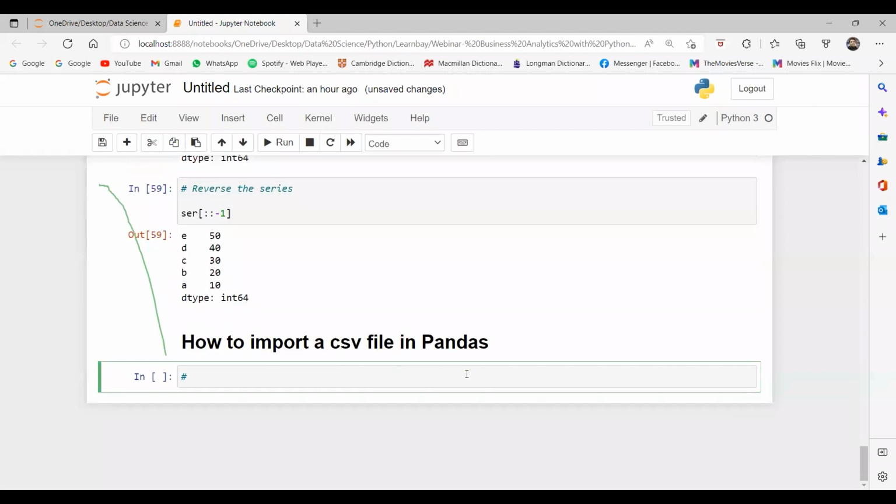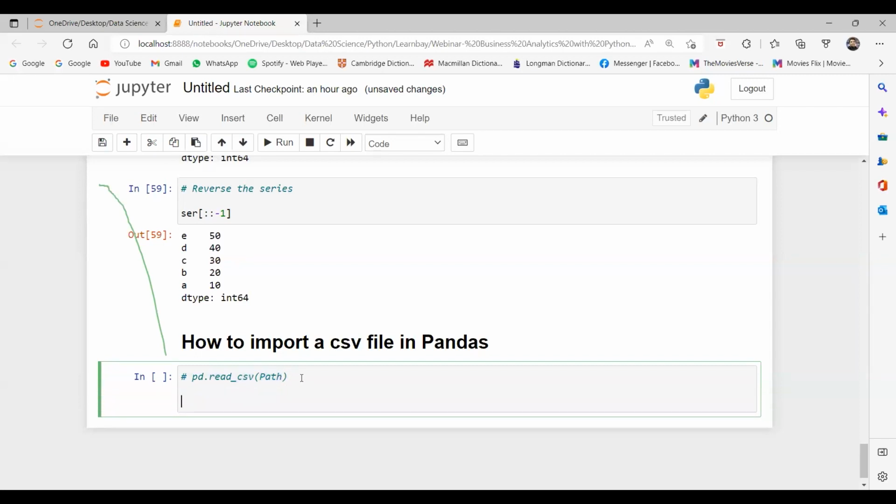For that we use the pd.read_csv function, and here we give the path of the file. This read CSV function is there in pandas that we use to read CSV files. And here we have to give the path of the file.